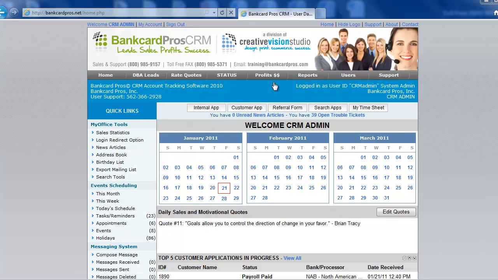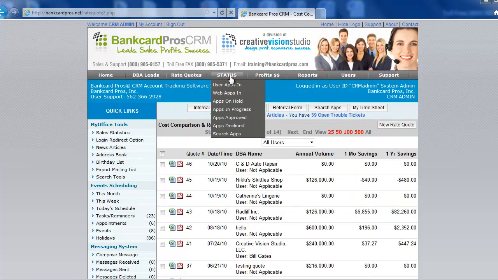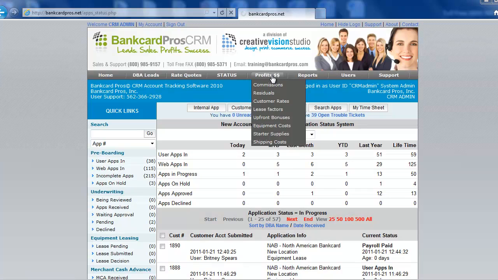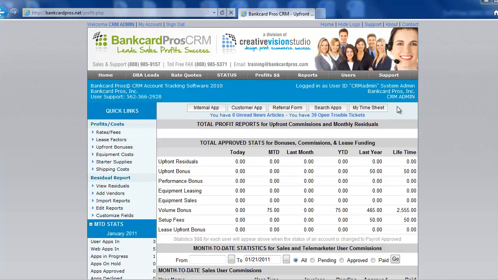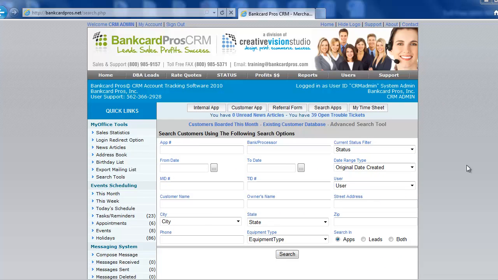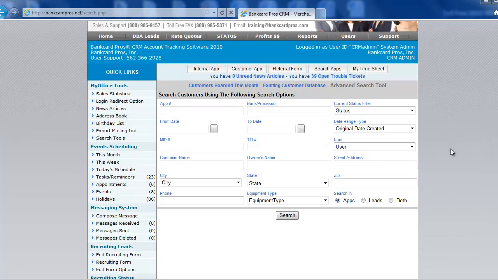And on every page, regardless of what page or what section you're in the software, there's always going to be these buttons and options here to where you can submit an internal app, you can view the customer app, submit a referral, you can search for apps in the system, or you can utilize the timesheet system for employees. What we're going to do is click on Search Apps,